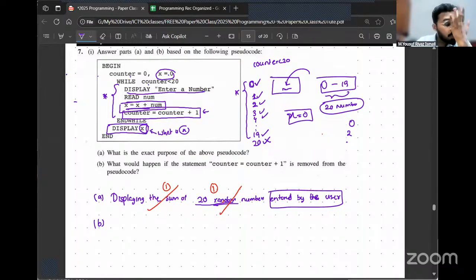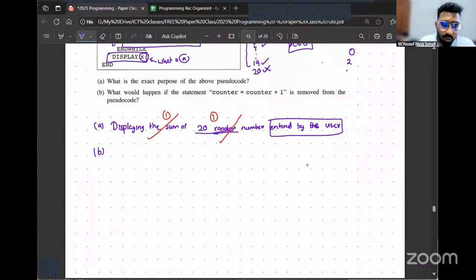Infinite loop. Correct. But be a bit more specific with your answer. Condition will not be satisfied? The condition is satisfied, because only then is the loop continuing. If the condition is not satisfied, how will the loop progress? So the possible answers are: one, you can mention